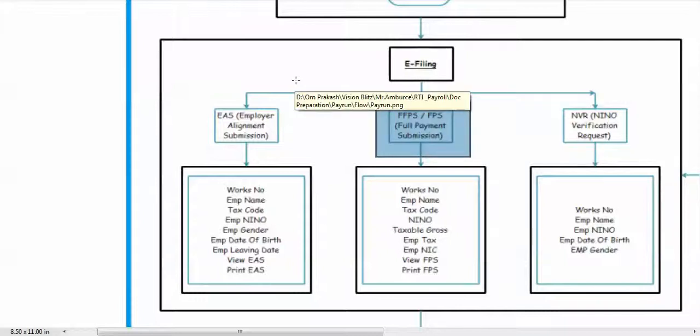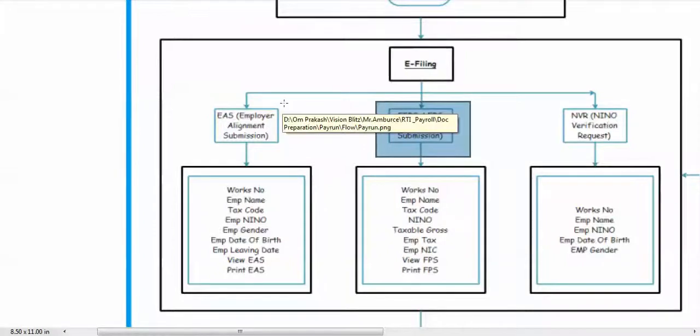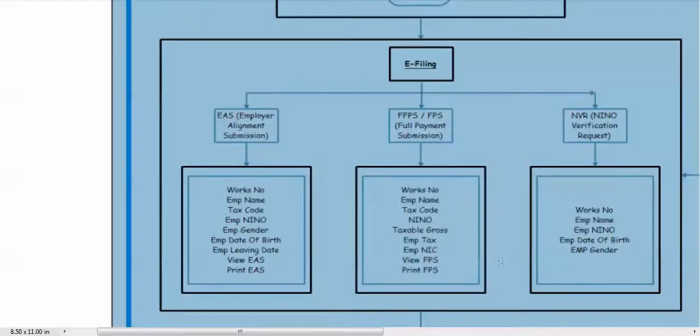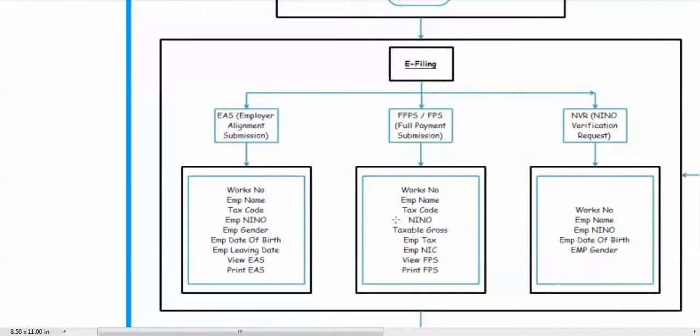So the full payment submission is nothing but the salary amount that is going to be given for an employee. This amount needs to be shared with the HMRC and we need to get approval for the payroll process. So what are the details we are going to share